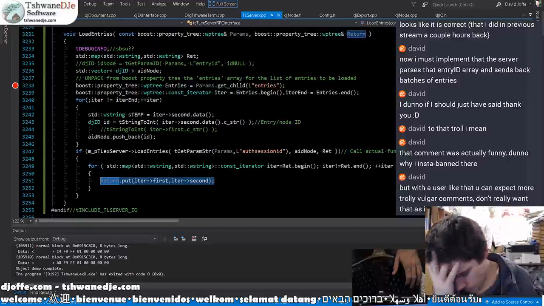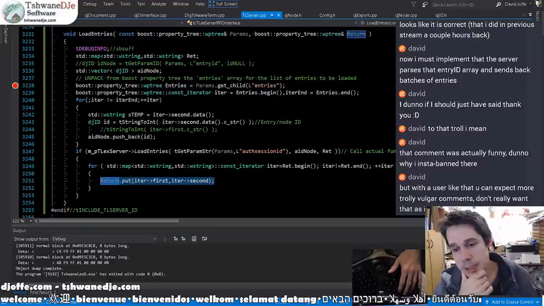It just puts the ID. It should actually put like a sub array. That's really weird. It's wrong. It's not quite right. It should encapsulate that whole thing in something like entries array,